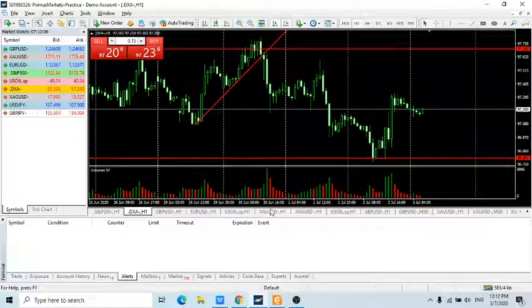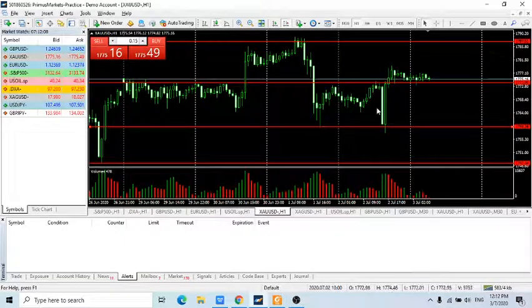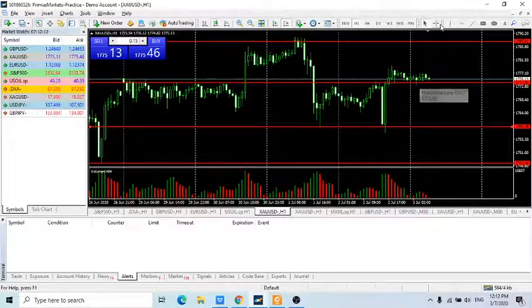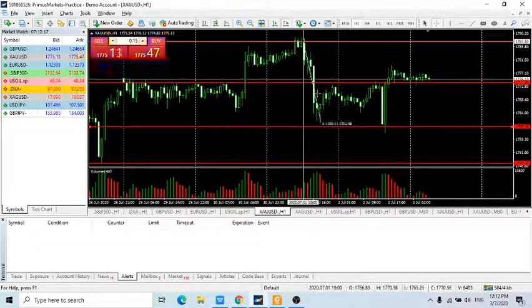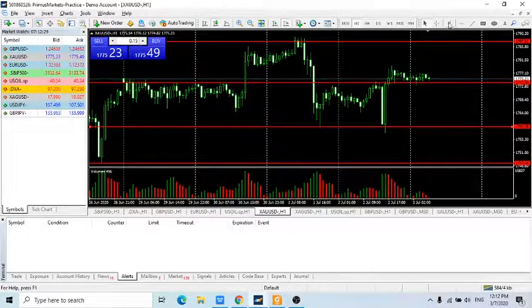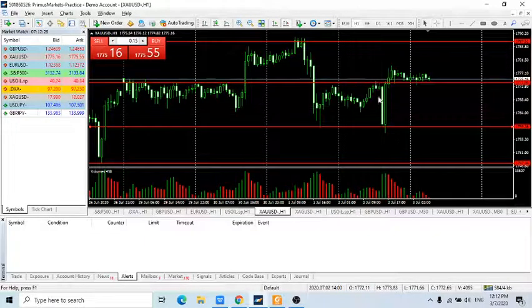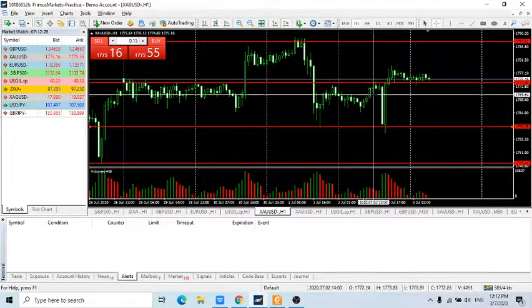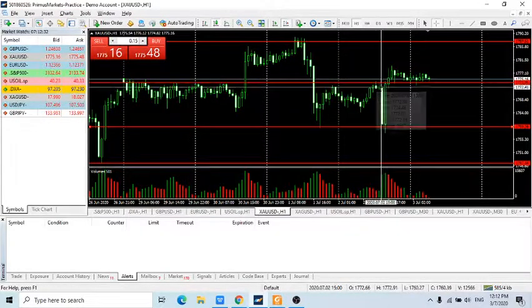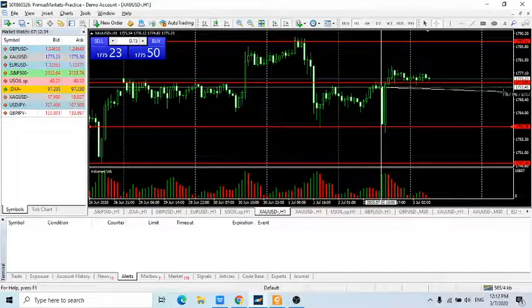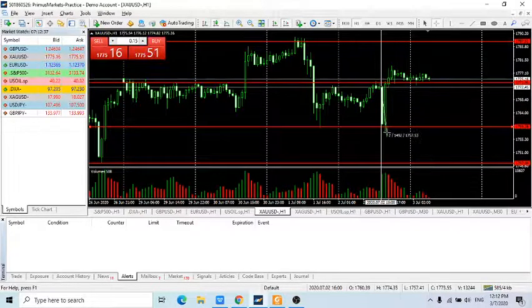So let us move on to the gold prices. Gold prices was also showing us that it was bearish on Wednesday. This was Wednesday's move, coming down from a high of 1,787 to a low of 1,759, and then consolidating and pushing back up again. Towards the announcement of the 8:30 p.m. non-farm employment change data, we can see that gold prices dropped from 1,772 all the way to a low of